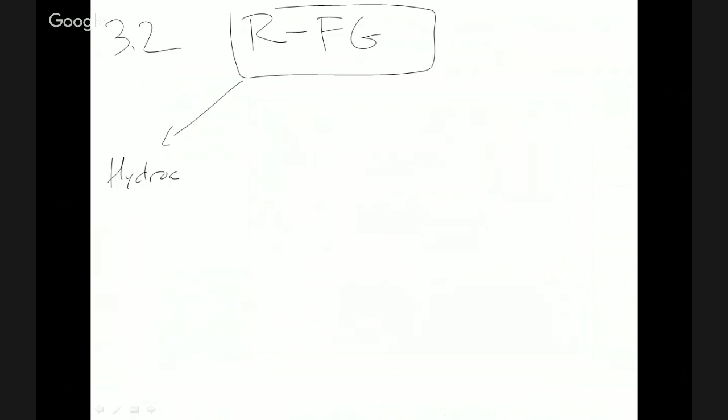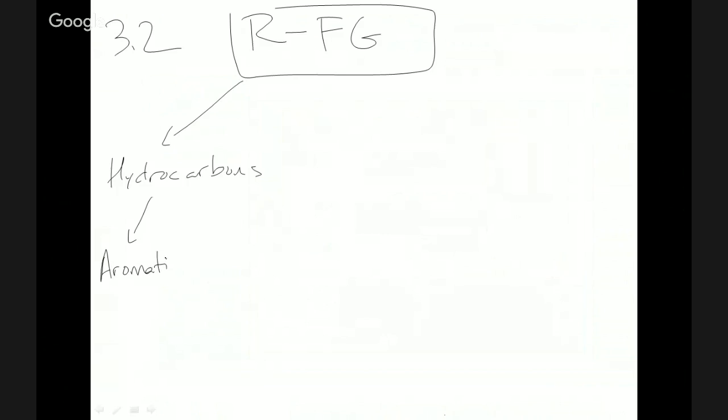You'll see R and FG. R is some generic carbon skeleton. FG is functional group. A functional group can be an alcohol, an amine, a bromide, etc. So 3.2 is organic functional groups. Within that, you have hydrocarbons. That means molecules with only hydrogen and carbon. Within that, you have